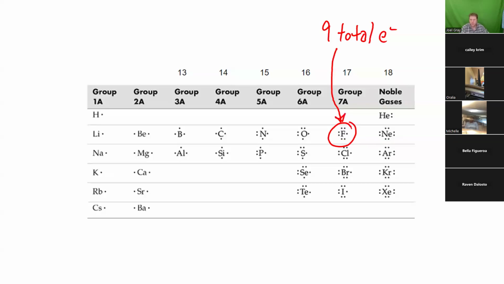But Josiah, you're absolutely right. Seven valence electrons. So that's an important distinction. Make sure that you know the difference between your number of valence electrons and your total number of electrons. Because I might give you a question, or chances are I'll give you a question like that, in part because we saw questions like that